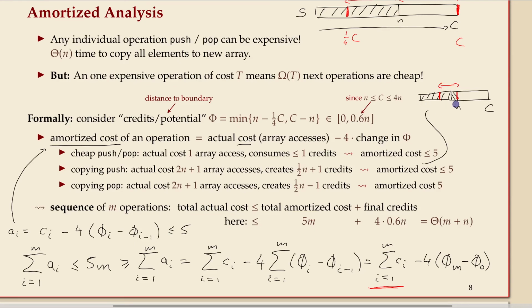And so you see that this is roughly 1/2 n. And you can work out, if you count exactly, you get to the 1/2 n plus 1 credits that you gain. And if you multiply that by 4 and add the two things up, then you see that the 2n that you pay for the copying and the 4 times the credits you gain, they just cancel each other. And magically, it sums to 5 again. Okay? And similarly for pop,